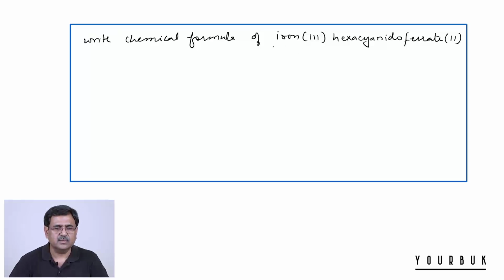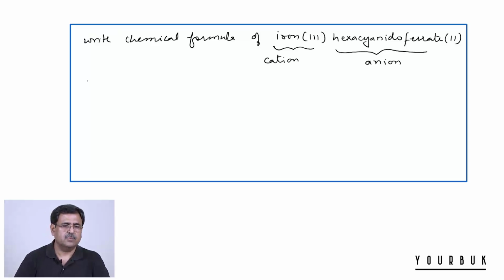So in this case, iron 3 is our cationic part and hexacyanide is our anionic part. So we write the cation first. Our cation is Fe with the charge 3 positive, and our anionic part is this. Whichever part is complex, you always write the symbol of the metal first, and then you arrange the ligands alphabetically. So we write Fe, then followed by CN whole 6,